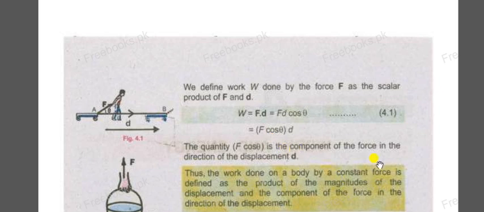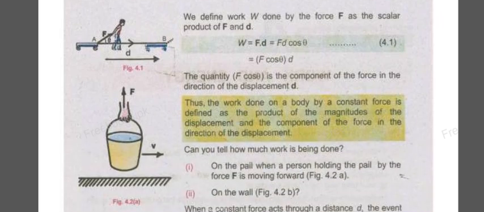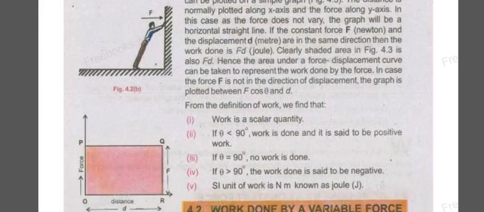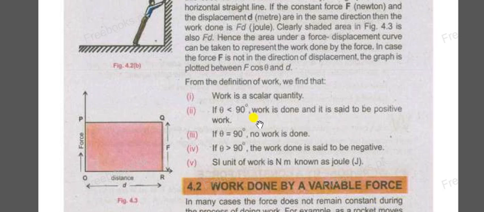So next is, what are the different conditions of work done. Work is a scalar quantity because it is a dot product of two vectors. Also, positive work is done when theta is less than 90, meaning theta is in the first quadrant, because in this cos theta has a positive value. So work is positive for theta less than 90.